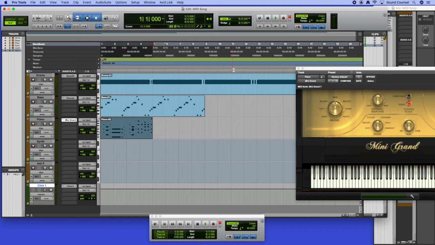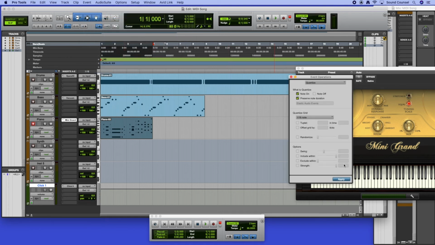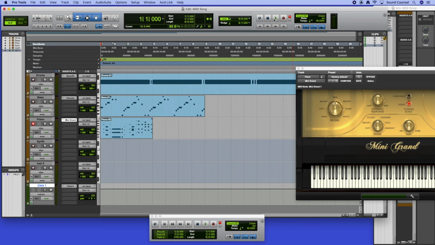Oh, I'll show you the shortcut this time actually. So hold down option and select 0, and the quantize menu comes up. Click and apply, and now we can have a listen to the